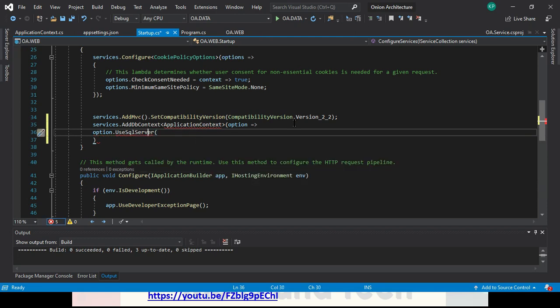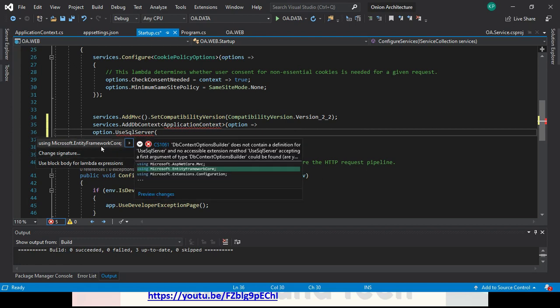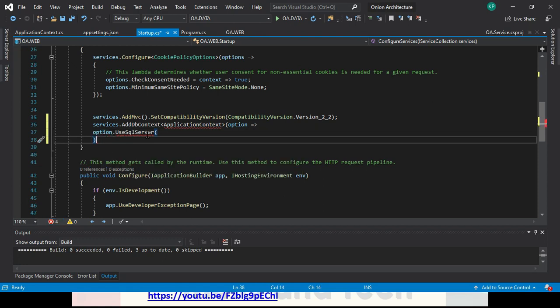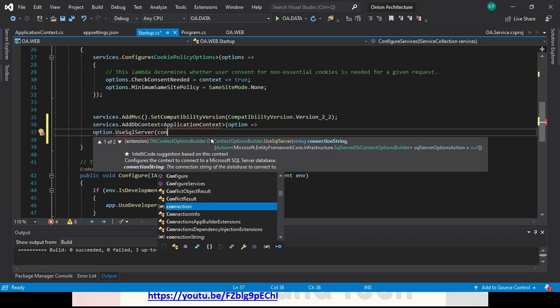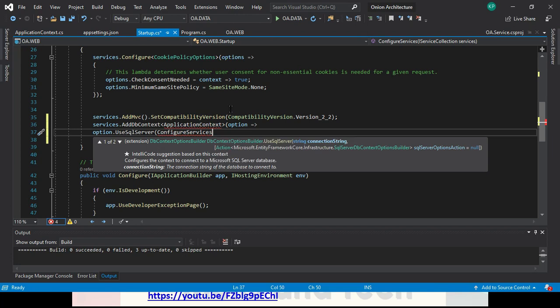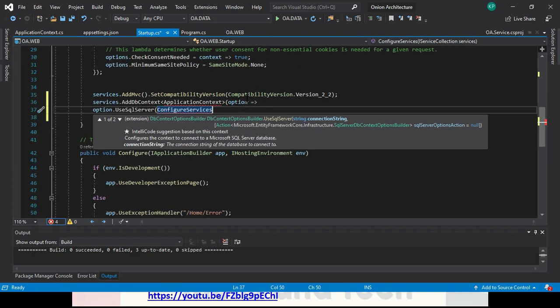For this method, we first have to bring in the namespace, using Microsoft.EntityFrameworkCore, since this method is under that namespace. After that, we have to get the connection string from the configuration. So where can we get the connection string? Configuration dot